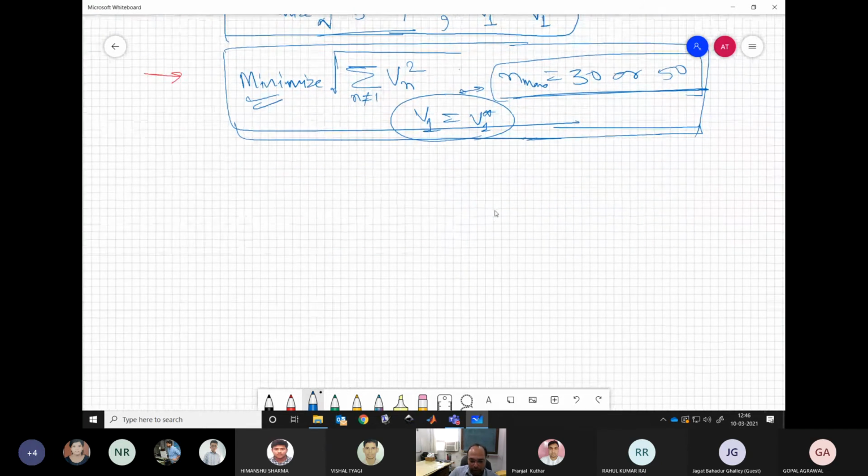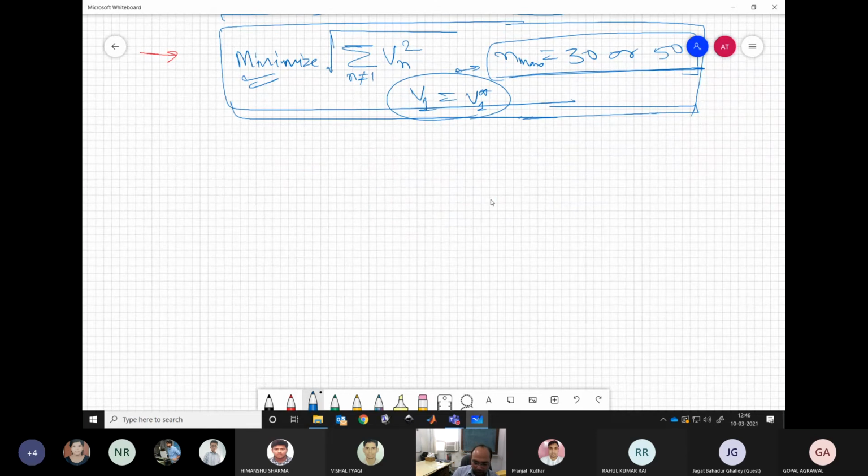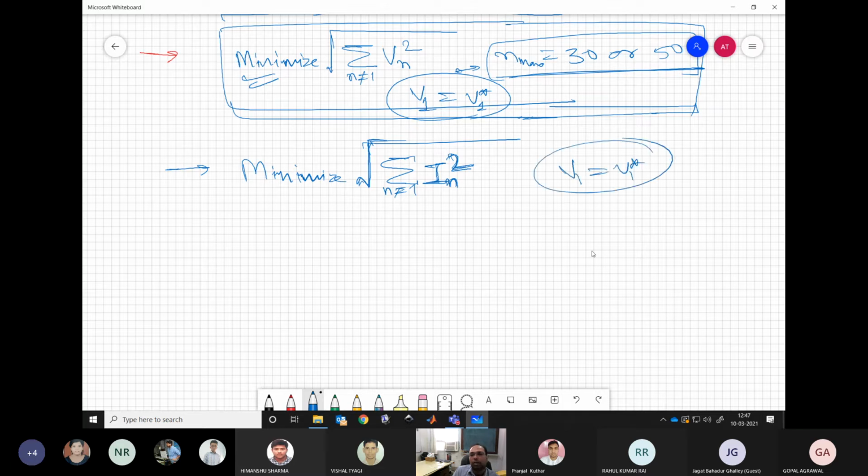Another option, which is more load dependent or more performance oriented, is to minimize the sum of all the harmonic currents in the system. Similar to voltage, because ultimately we are interested in better performance for the load and the system. So we are interested in having a good current in total for our system. This means you minimize the sum of all the harmonics while this condition is maintained. Again, you can fix some value for n, let's say 30 or 50 or 100, whichever you feel like.